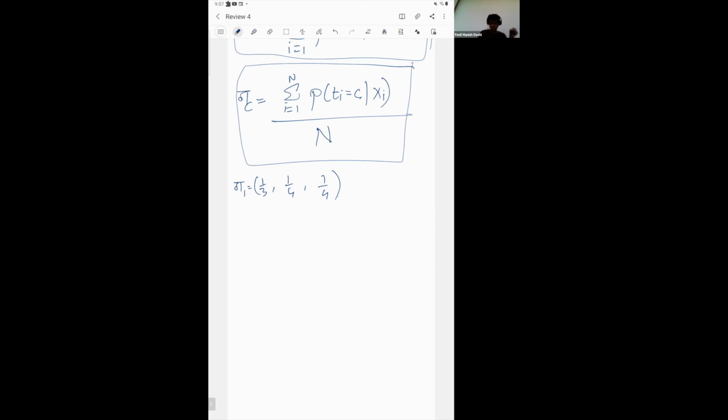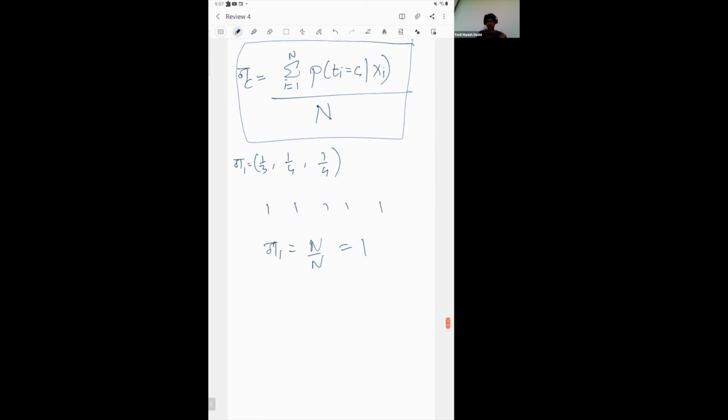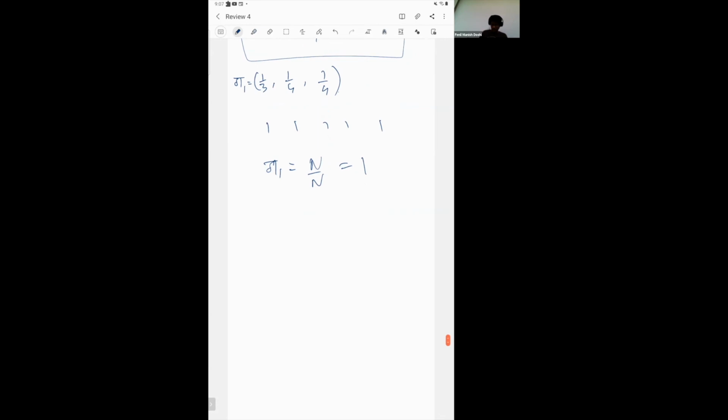Now you know how much every point belongs to this first quotient, and then whenever you want to generate something from the first quotient, let's say all the points belong to the first quotient, each of them just gives 1, 1, 1, 1, 1. So it's like, okay, everything completely belongs to the first quotient. So our pi of 1 would simply be n by n, which would be just 1. And so whenever you need to generate new